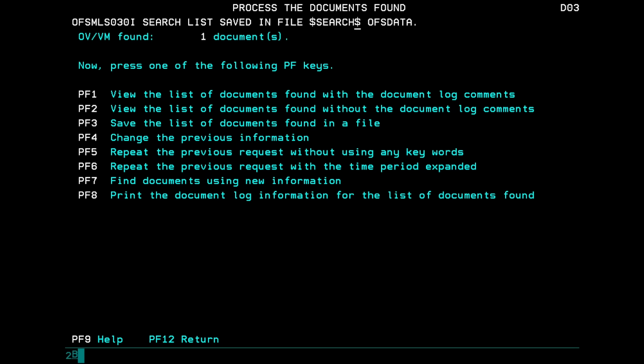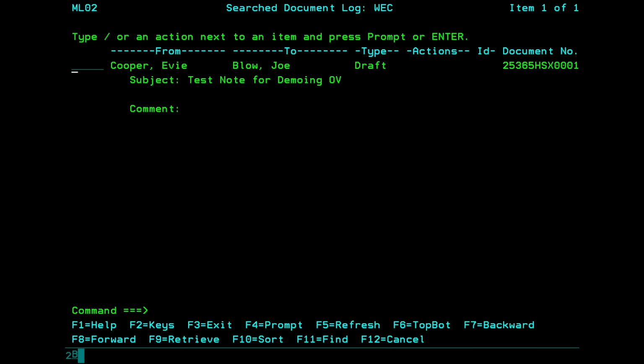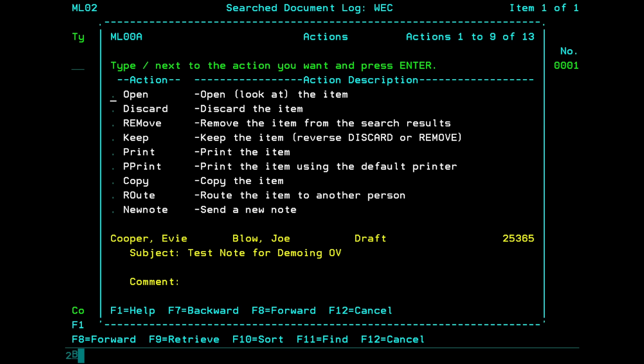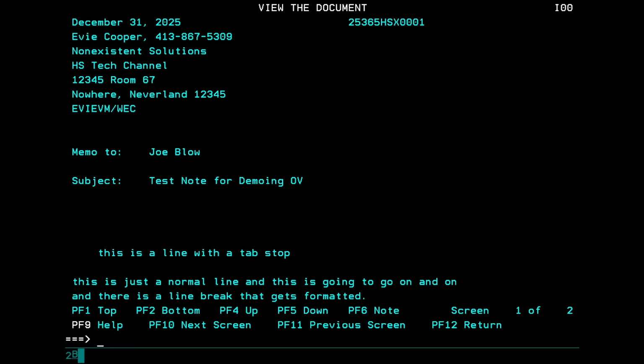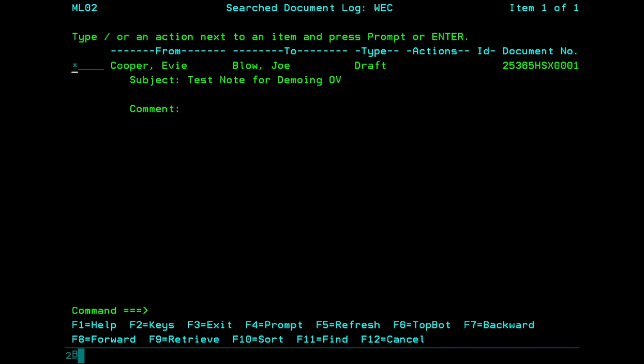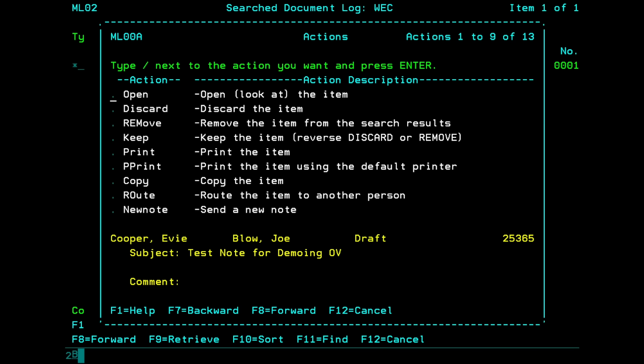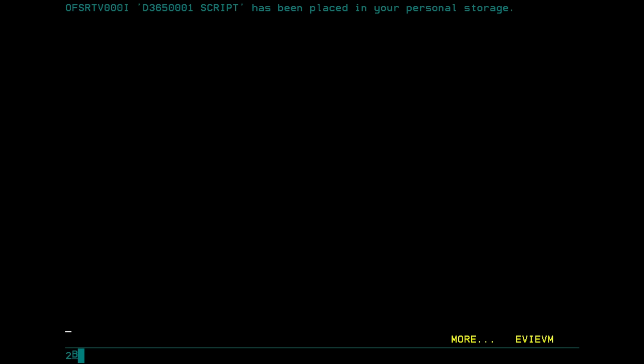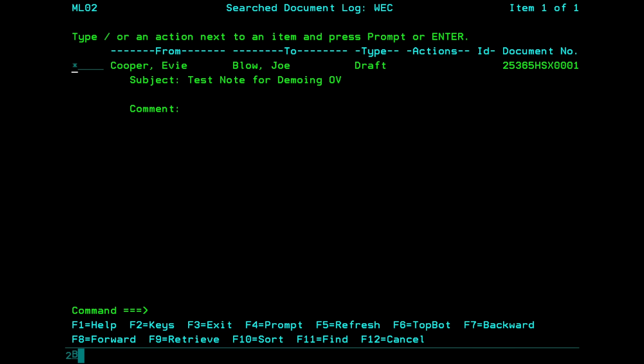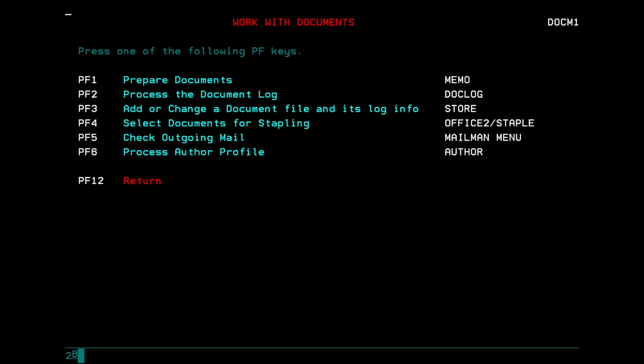Okay, I can change the previous information and research, or I can print the document log information, but I want to view this, and from here I can prompt it, and I can open it, and I can take a look at it. So it's pretty complicated. I don't find it too difficult. I can copy the item into my personal storage, and you can see it's D365-0001 script, and I can back out to the main menu, and I can add a document,